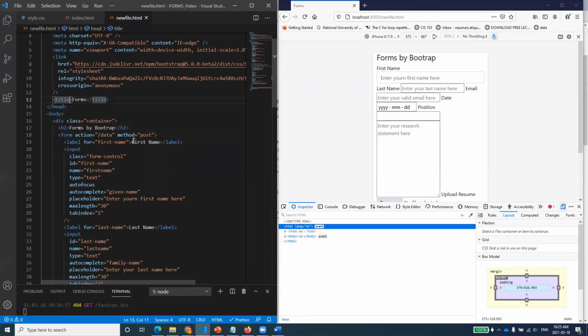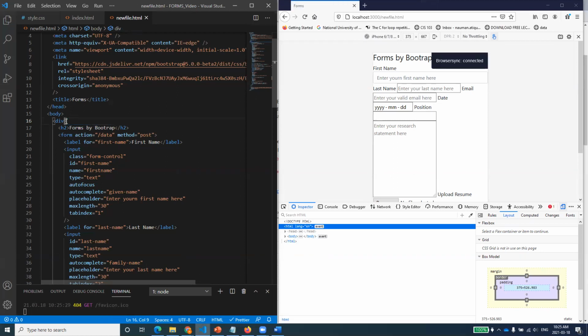Yes. Let me just do that again, because of course you are doing lots of things together. I'm taking this div class equal to container out of this one. For the time being, I'm taking out this class container, and see the difference. I have cut that one and saved. You see, my form is stretched to the corners. There is no margin. There is no padding. There are lots of things missing.